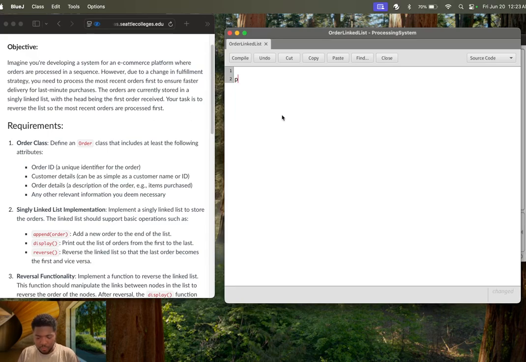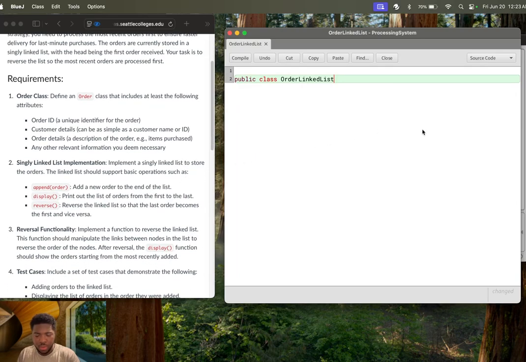Okay, let's try to understand this again. So basically, this implements